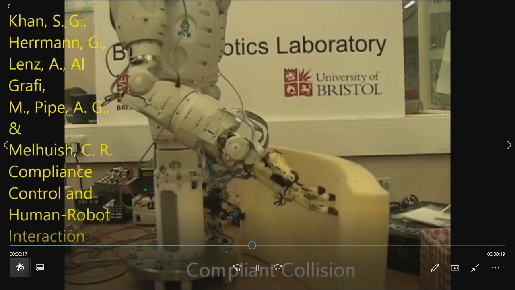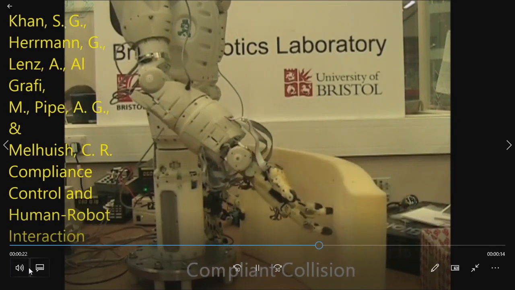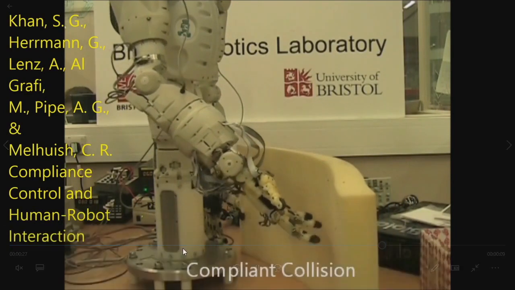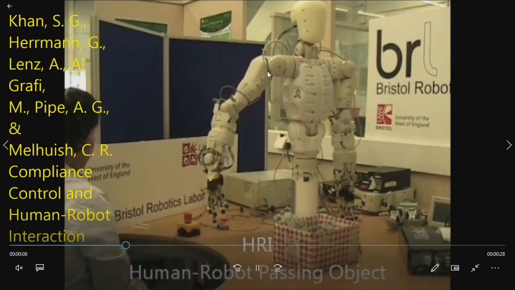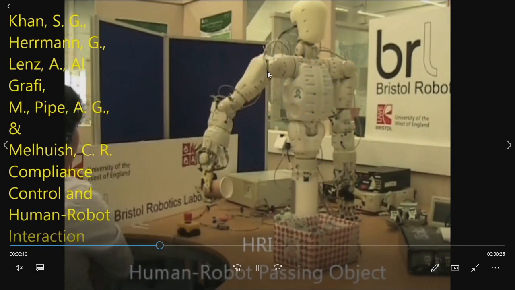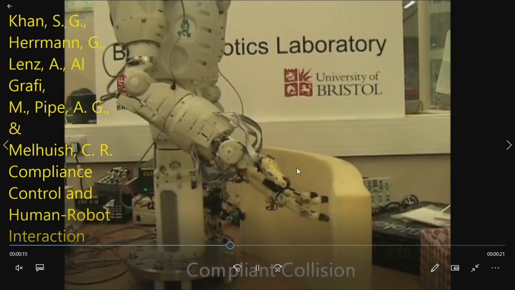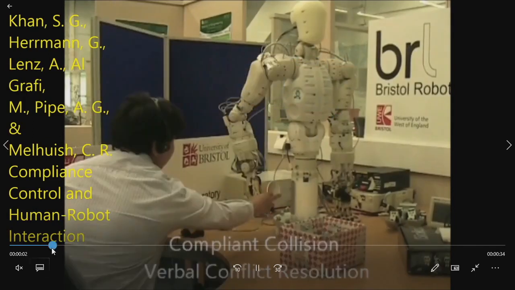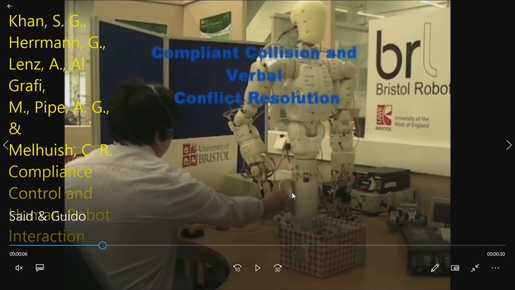Yeah. So you have seen this compliant controller in action before, but what we did here, actually, we used that compliant controller, which obviously was not capable of going through that little cushion because it was actively compliant in a human-robot interaction task. And as you can see, Said is in physical interaction with the robot.